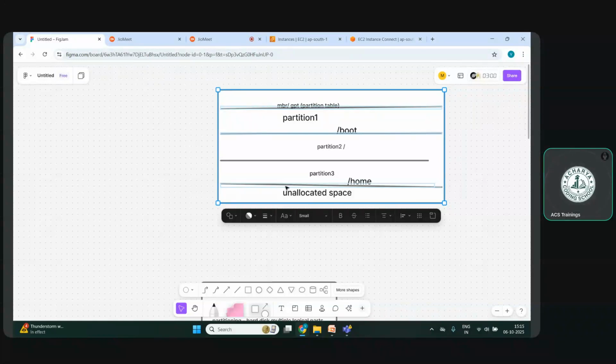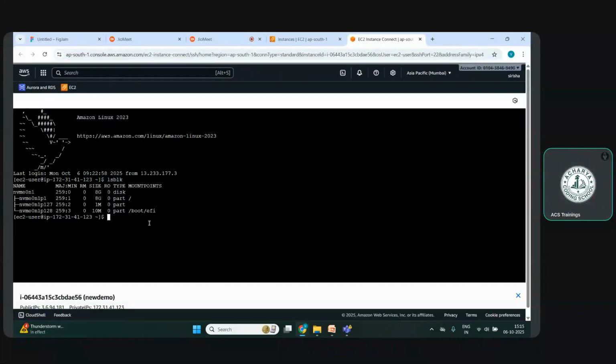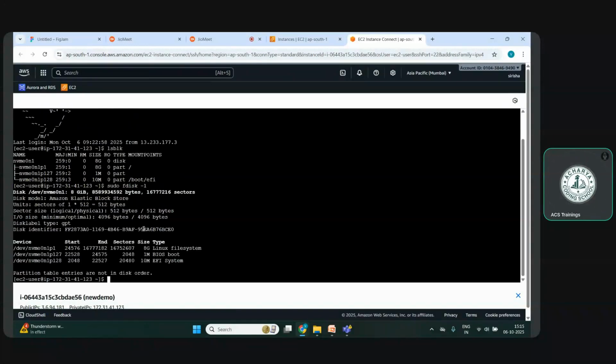For example, if you run this command, sudo fdisk -l, you can see here how many device names there are, and the starting and ending points, different types of sectors and sizes, and the types of the files. So we have a Linux file system, BIOS boot, EFI systems. We have different types, and we can get to know about the disk,